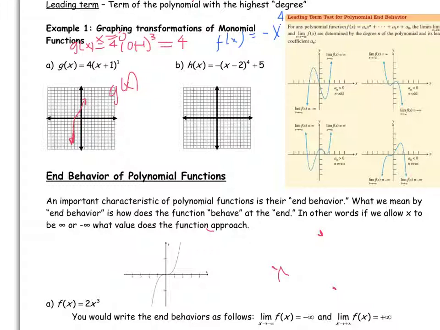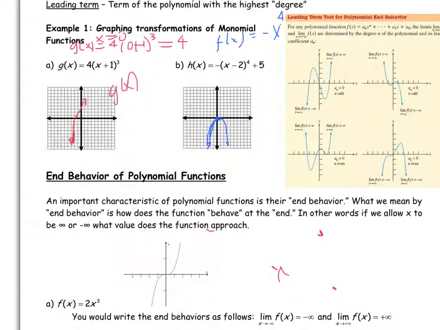Well, we know it's going down, so my end behavior is just going down, and the parent function should look like this, sitting at that point when x is equal to 0. It wants us to transform that, so if I do it in a different color,